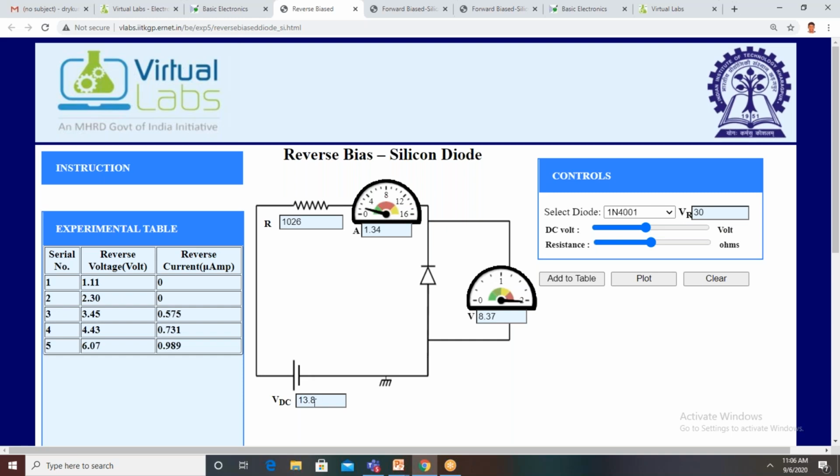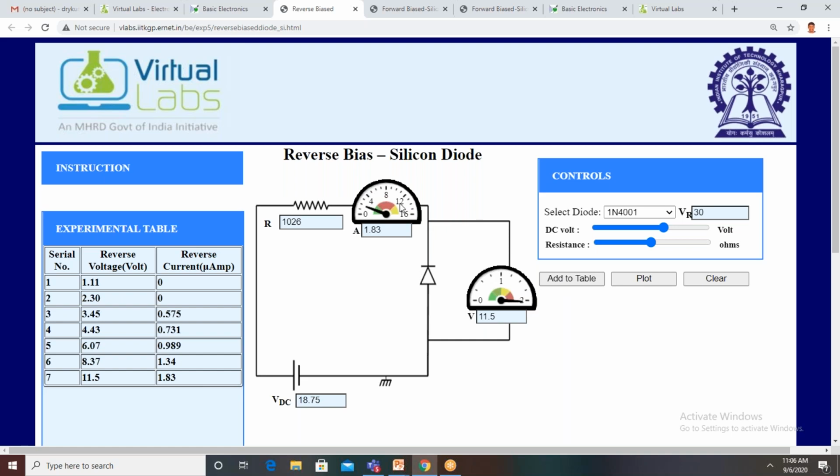Then change the input voltage. Now it is 13.8 volts. The voltage across the diode is 8.37, and the current is 1.34 microamperes. Add to table. Like that, we can vary the input voltage and see the values of current and voltage across the diode.